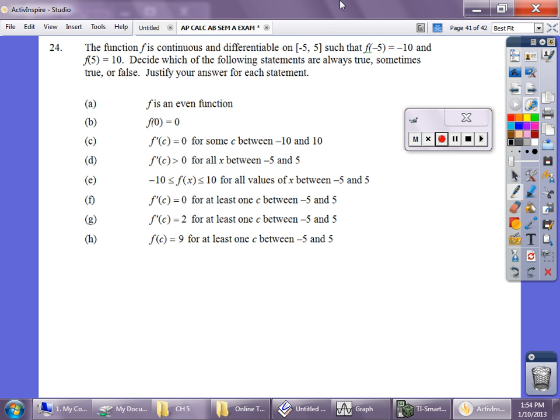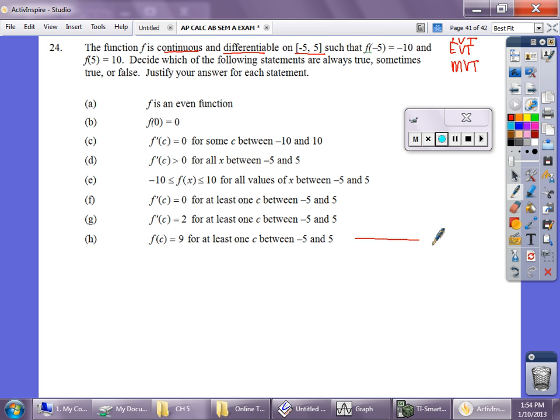Alright, so now we have number 24. The function is continuous and differentiable. So keywords, continuous, differentiable on the entire interval now tell me that EVT has to be true, MVT has to be true, and the very first one, IVT, all have to be true, such that f of negative 5,